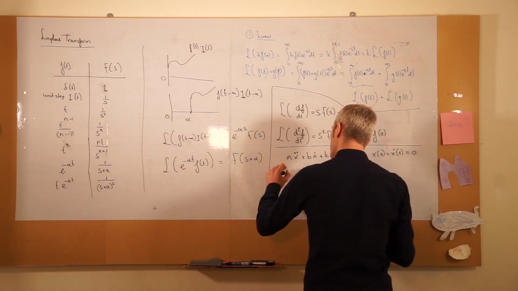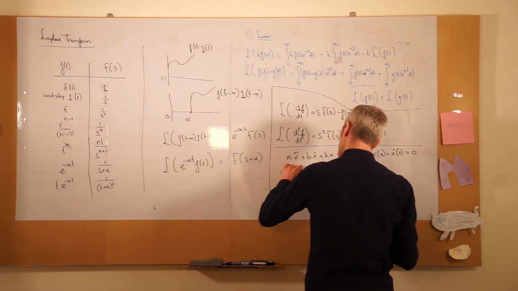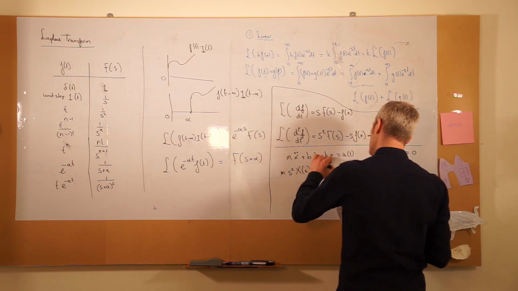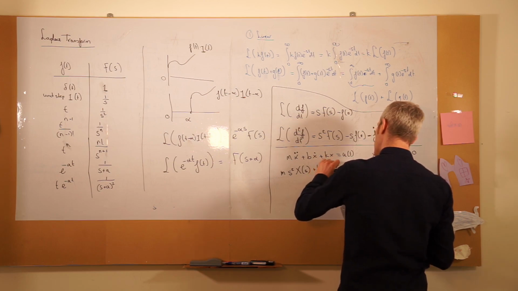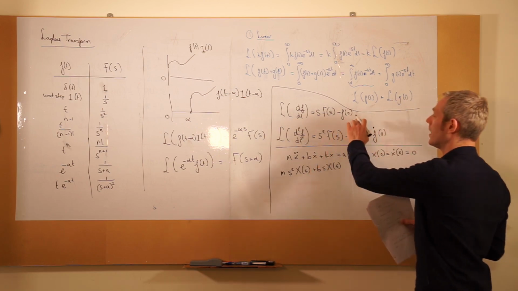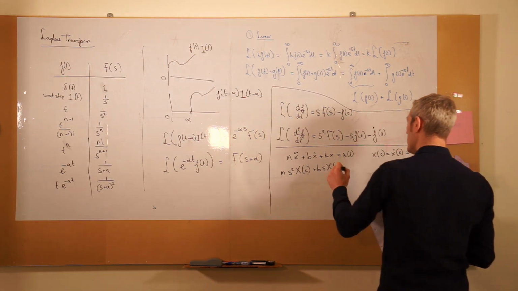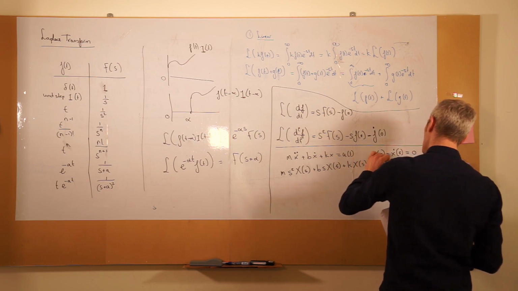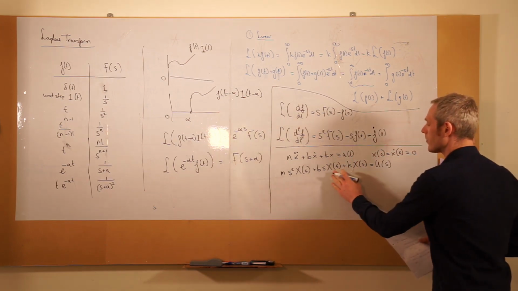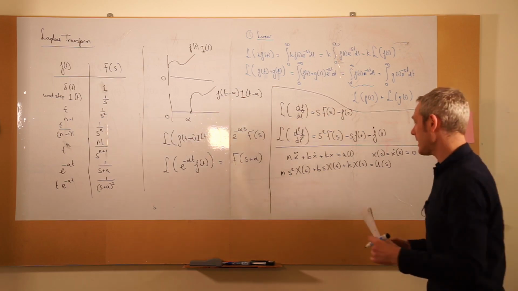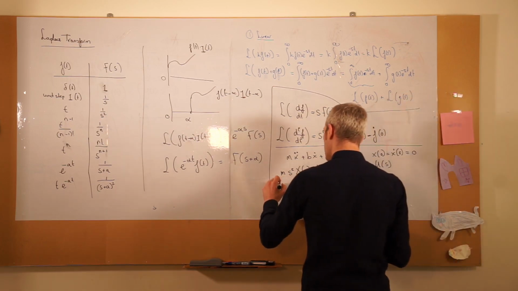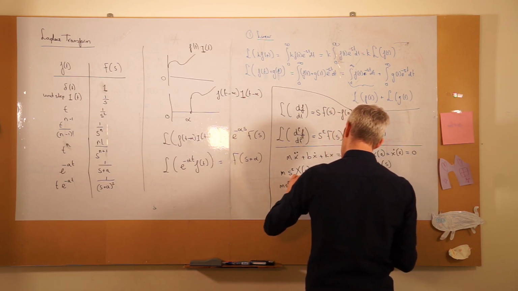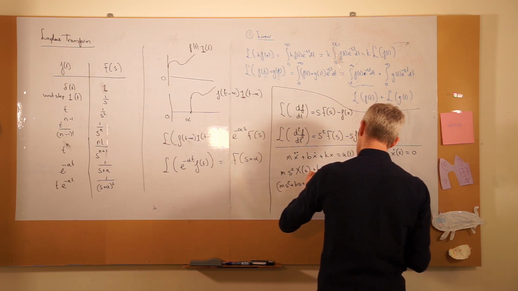So here we have m s squared times X(s), plus b s times X(s), plus k times X(s), equal to U(s). We have three terms with the Laplace transform of x, so we can write this as (m s squared plus b s plus k) times X(s)